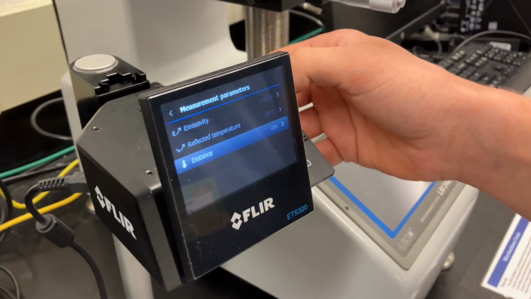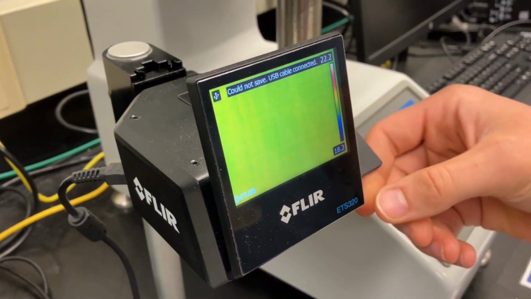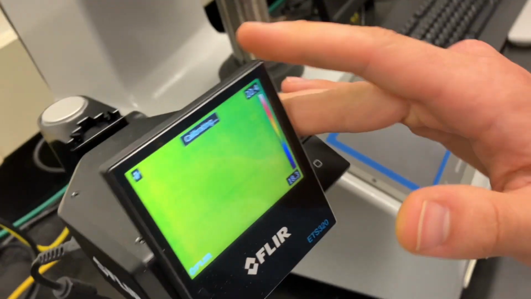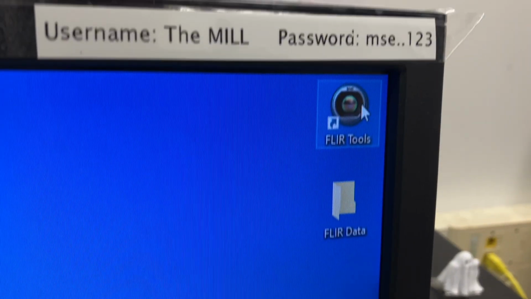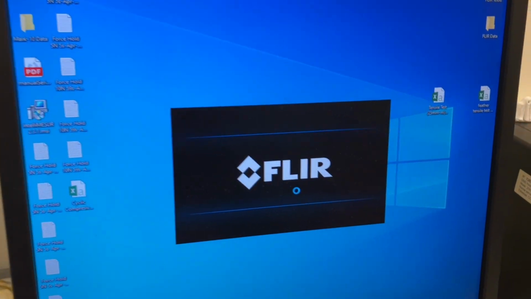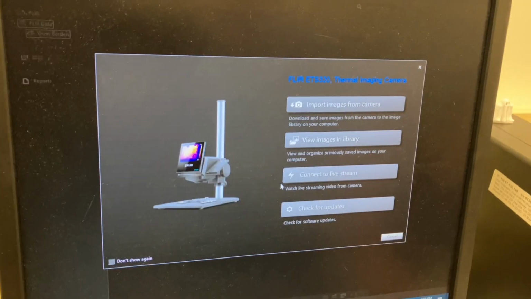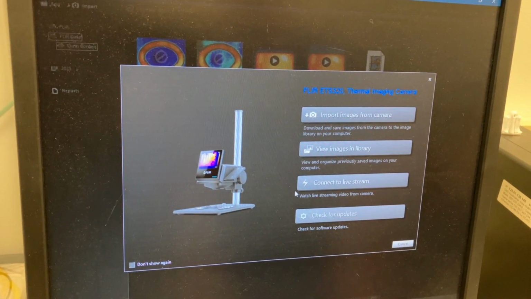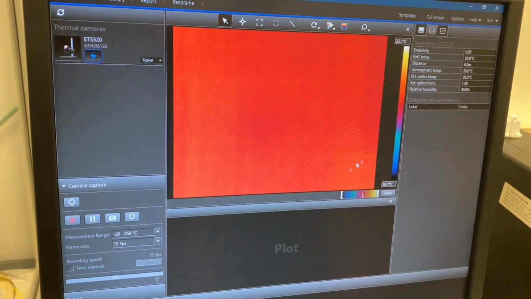So those are all the settings for the camera itself. We can't actually save any pictures on the camera because it doesn't have a memory card. To save pictures or videos, we need to open up the software on the computer. So once it pulls up this screen, you'll click Connect to Live Stream, which will bring up the camera feed